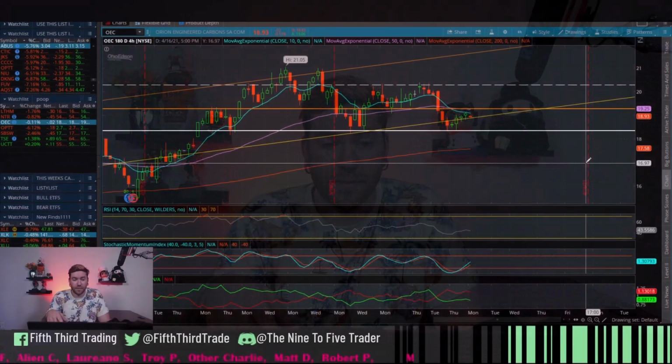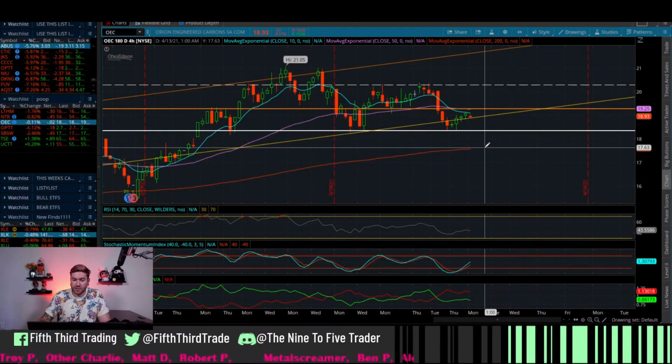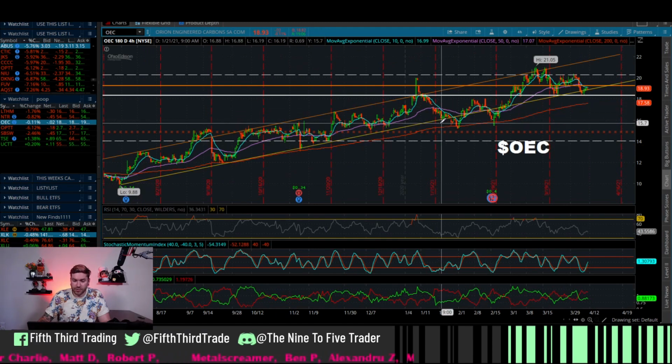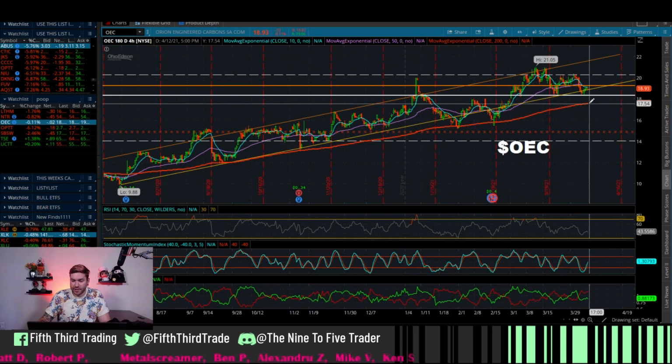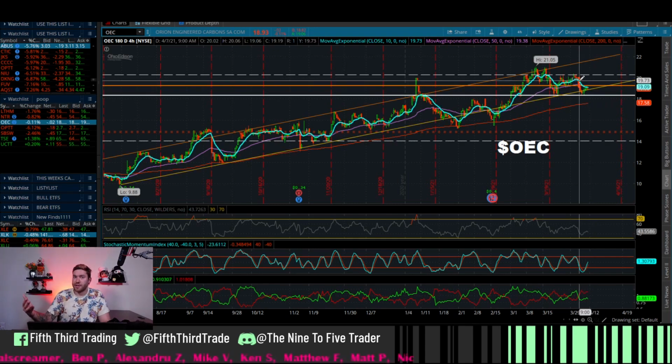So you can either go off of value, like if you're watching OEC here, you think the best value is going to be 1759. If it gets down here, which it does bounce off the 200, if it dips and gets down here, great value. And then if it does cross above the 50 and holds, another sign of a great value. Just make sure if you do a 50 EMA crossover, you move your stop loss up to make risk versus reward make some sense.